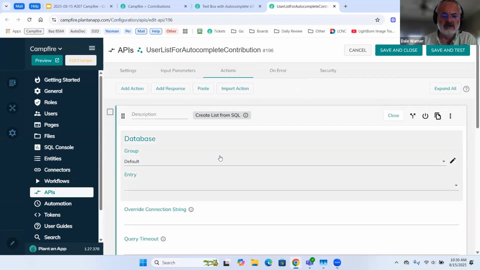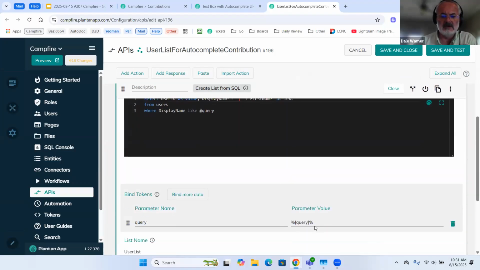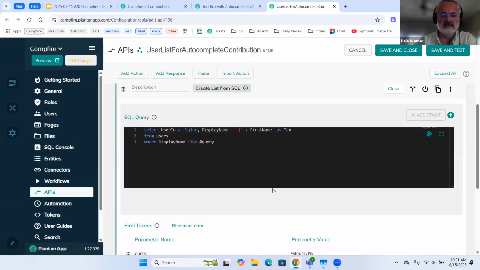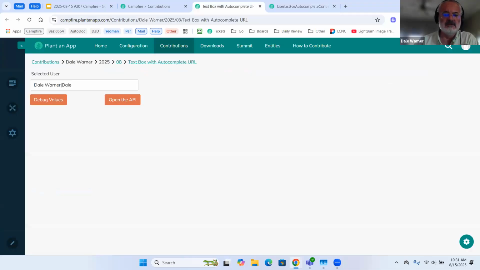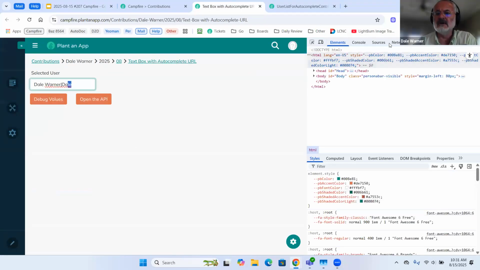And then this is just as simple as it can be. We create a list from SQL using the query. So we're passing the query into the SQL query. And this returns only the things where the display name is like whatever is being typed. So as you're typing into this field, let's see if I can find, first of all,